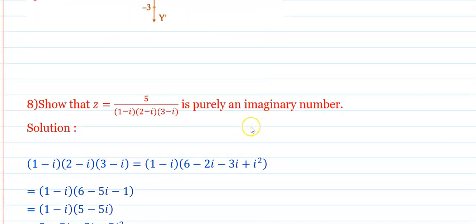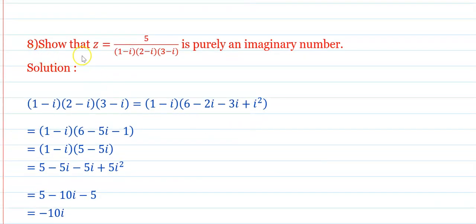Okay, now the next problem. Show that z is equal to 5 upon in bracket 1 minus i into 2 minus i into 3 minus i is purely an imaginary number. Okay, now first we will find out the product of 1 minus i into 2 minus i into 3 minus